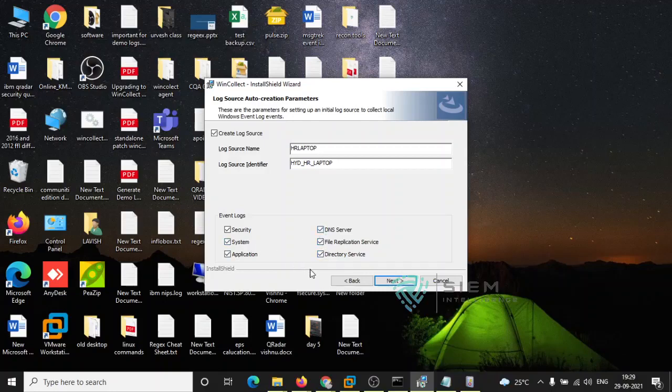Why? Because I don't know what this laptop is having. By default I know these are the events or logs, but if this were my AD server, then I have to send these 3 services.